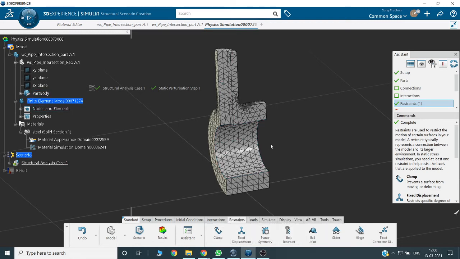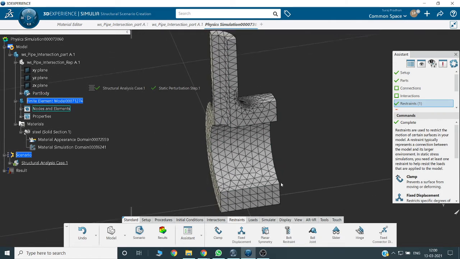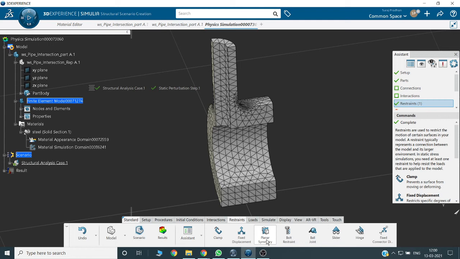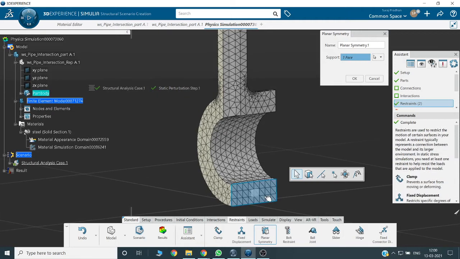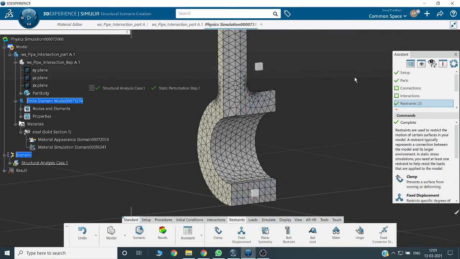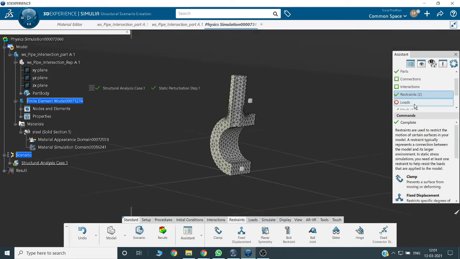Here there are two surfaces, but they are in one plane, so planar symmetry. First surface, and second surface, in planar symmetry. Now you can see these two restraints are completed.